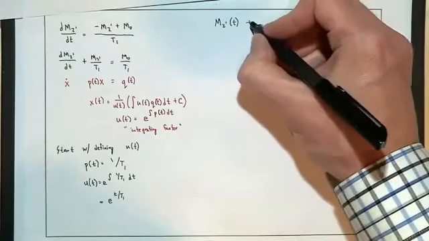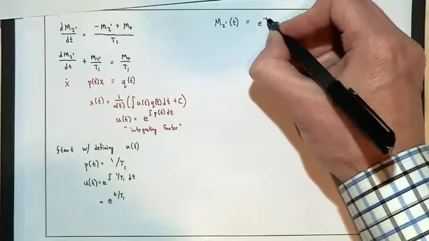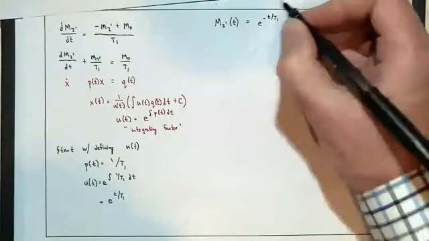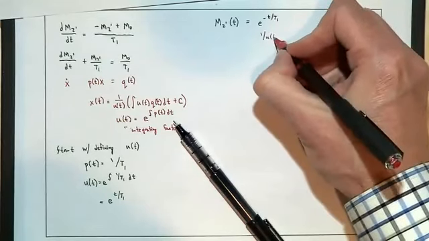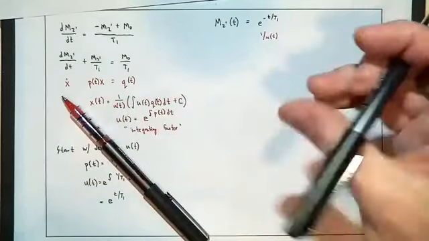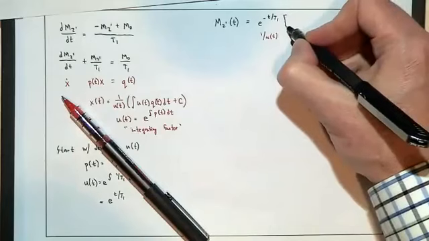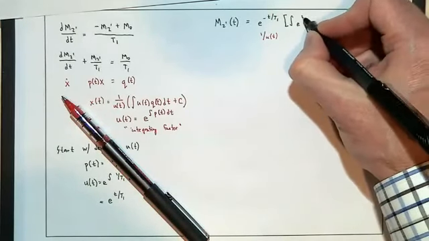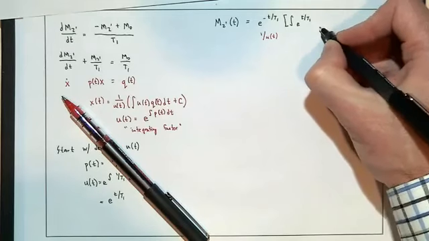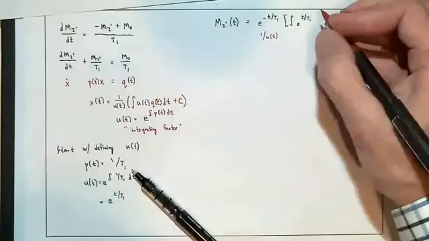So we can write this as e to the minus t over t1, and that's our 1 over u of t term. And that multiplies onto the integral of e to the t over t1, which was our u of t,